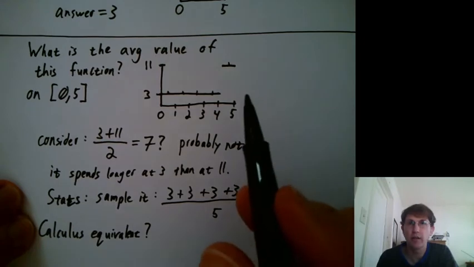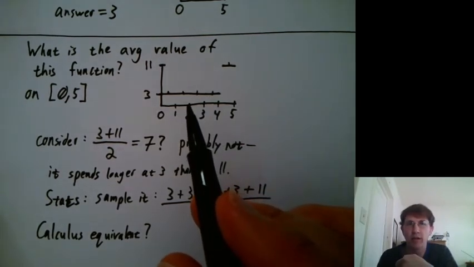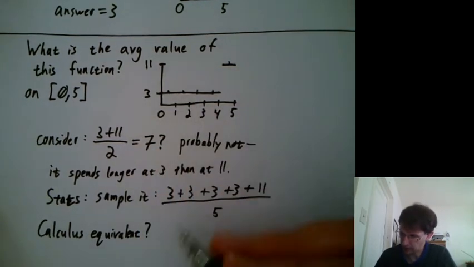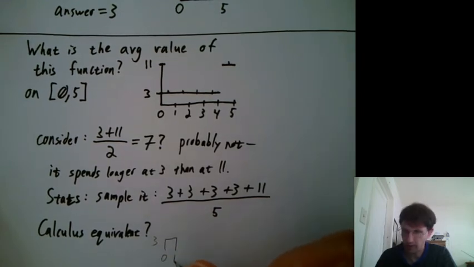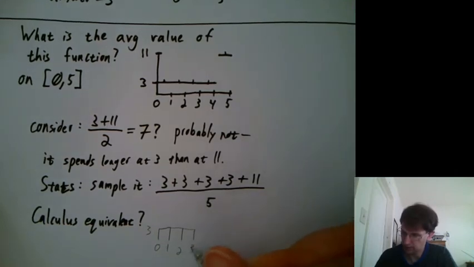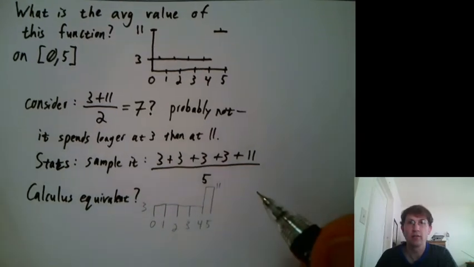Well, in calculus, we like to think about total area under the curve or total area so far. So we might say that first 3 is actually a box of height 3 and width 1. And then the next box goes from 1 to 2 and also has height 3. And then the next box goes like that, and then the next box like that. Then the next box goes up to 11 and has a width of 1. So we could write